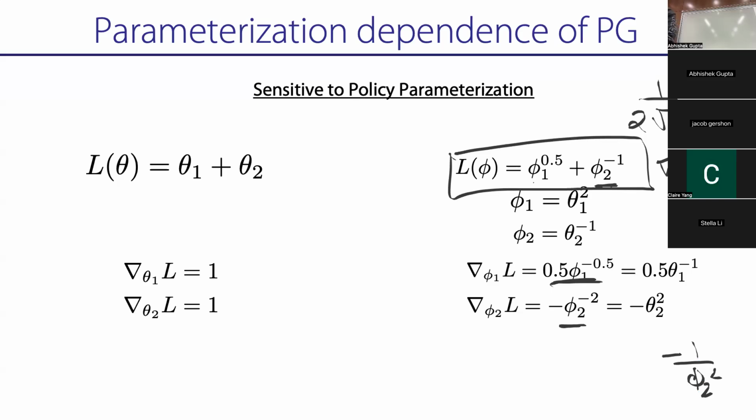Now what you do is you substitute the change of variables back in, and you'll see that the gradients are different, even for essentially the same problem. All we did was change a variable, and really you want the gradient to be the same, right? And so